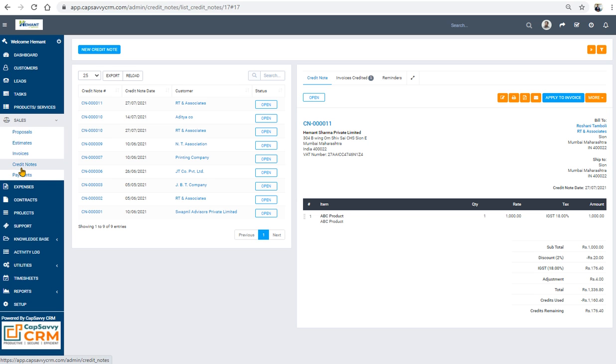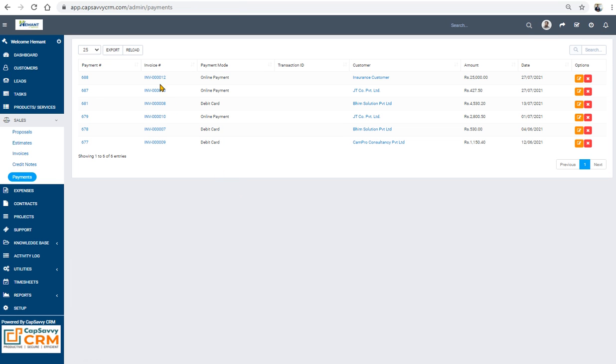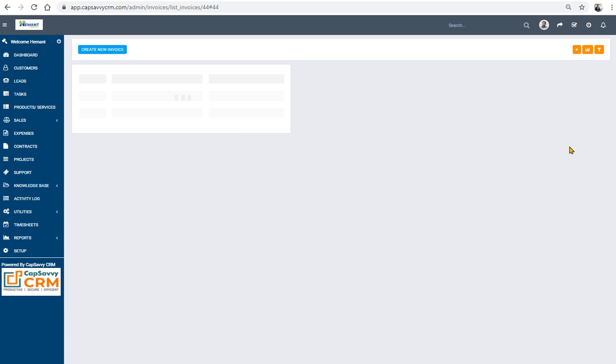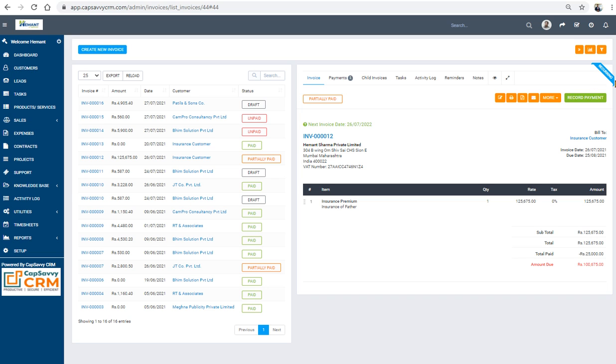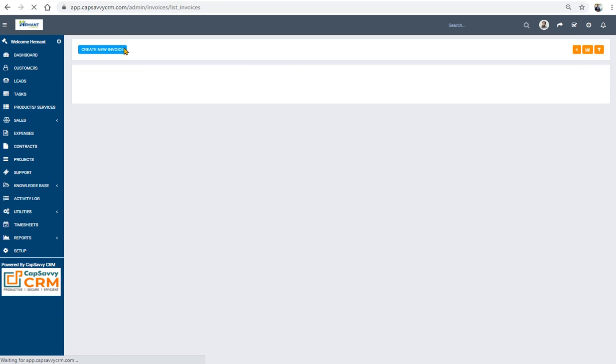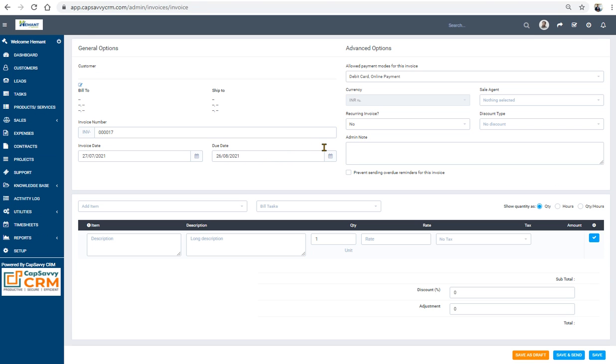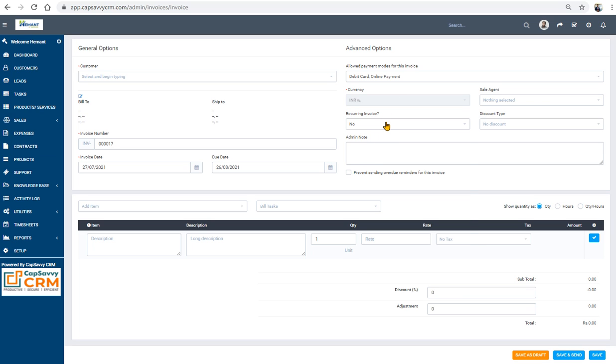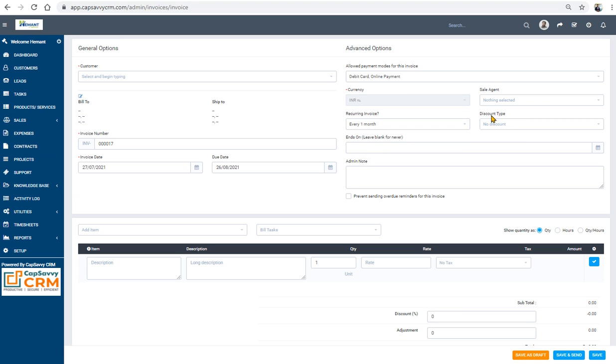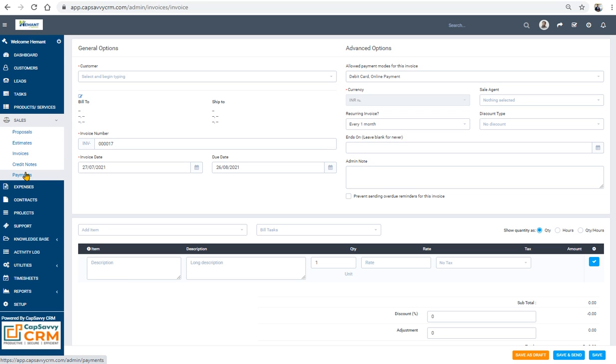Now coming to the payment side. These are the invoices where the payment has been received. If you see each invoice, there is a payment received, and you can raise recurring invoices also. Suppose you are creating a new invoice, let us say for your monthly services that you raise every month. For a recurring invoice you can say every month it will be raised, and automatically it will be added in the calendar also. This is how the sales function will provide the complete details.